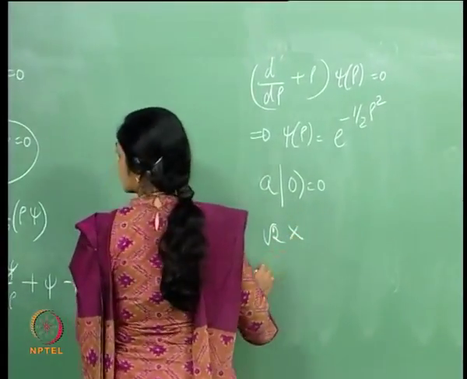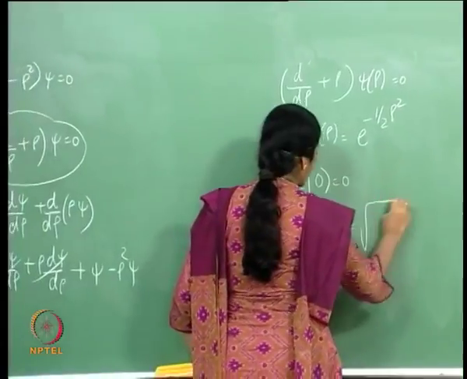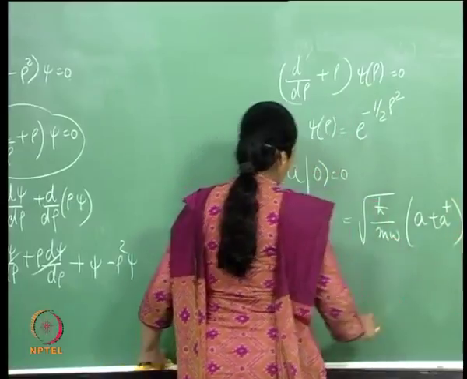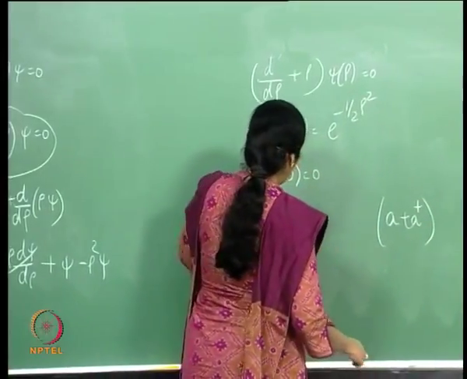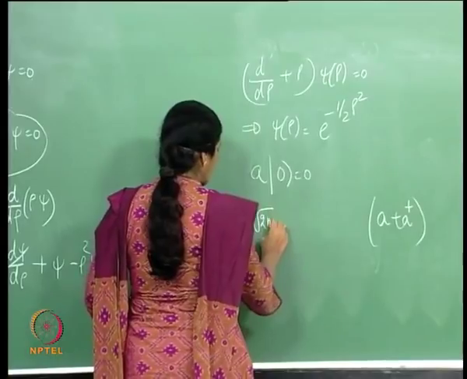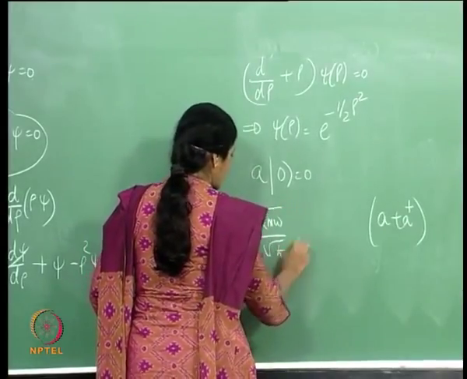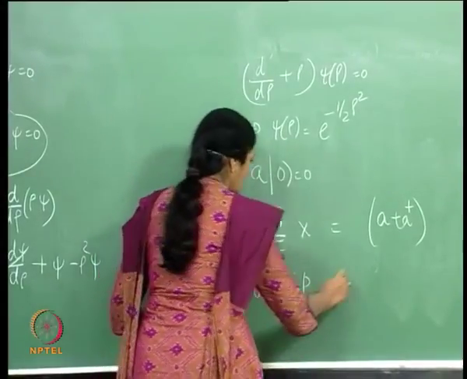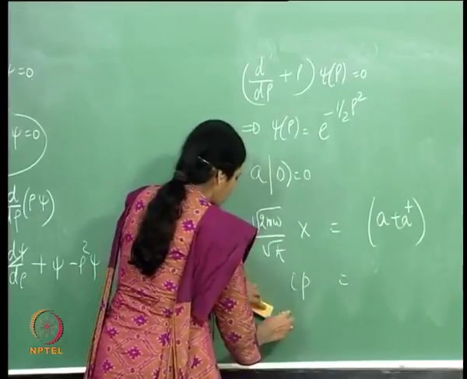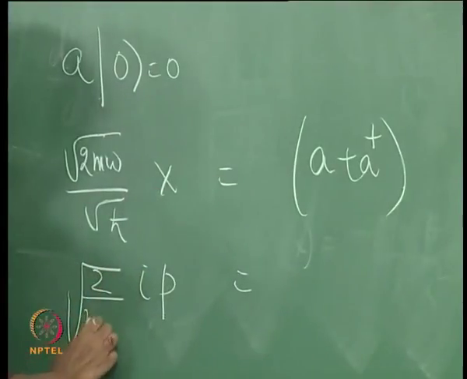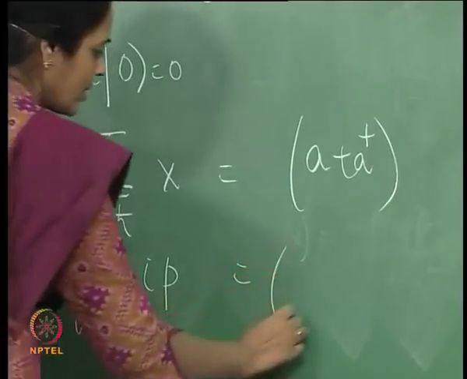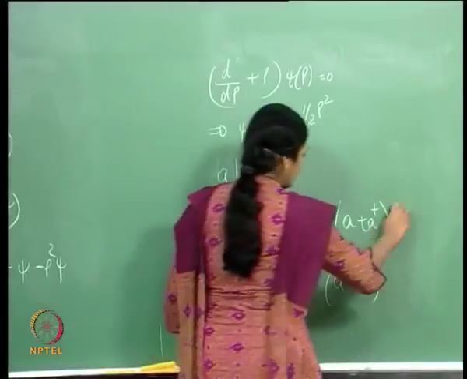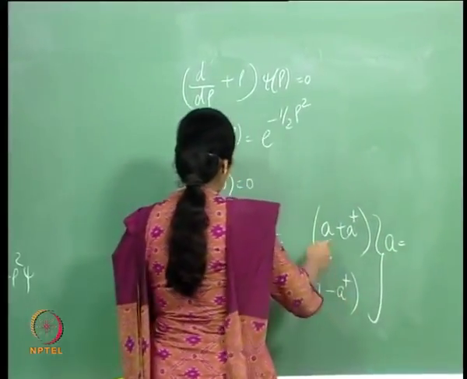So, I have root 2 x equals root of h cross by m omega times (A plus A dagger), and therefore, I have root of 2 m omega by h cross times x is equal to A plus A dagger. Then I have an i p again with the root 2, and on this side I had a root of m omega h cross, and therefore, root of 2 by m omega h cross times i p is A minus A dagger, which gives me A. I can solve for A,